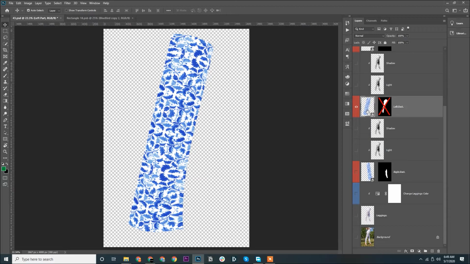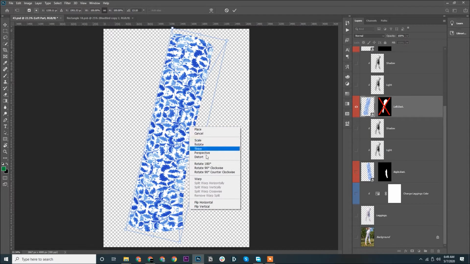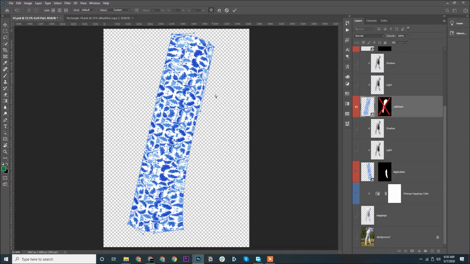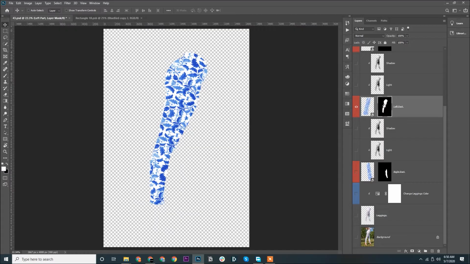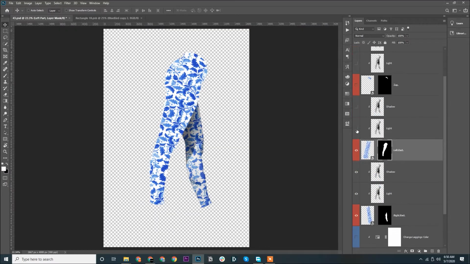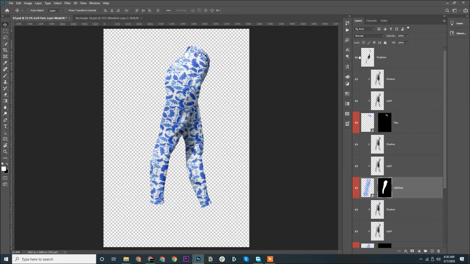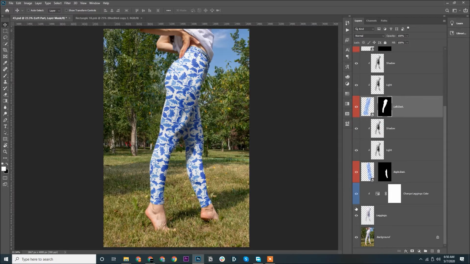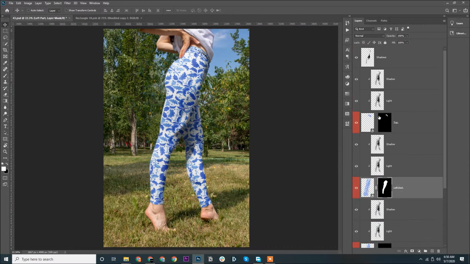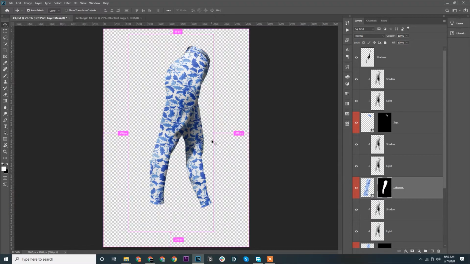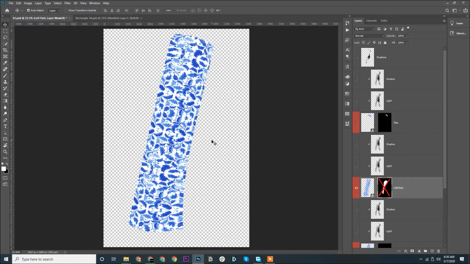If I look here, we'll press Ctrl T. Okay, so you could see a warp has been applied and it has been elongated. Okay, so pretty good. So I think what we'll do, this one is perfect, we will not play with this one. Let us first go back to the original designs that were placed, then we'll try to replicate and put this design. So I'll just press Ctrl Z for all of them.